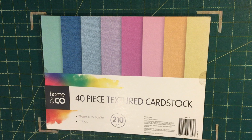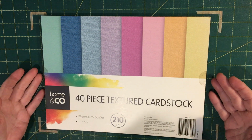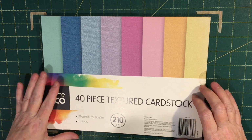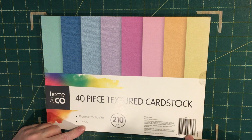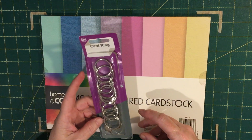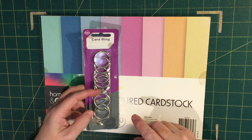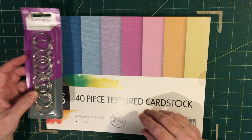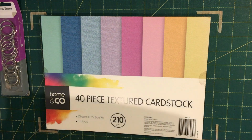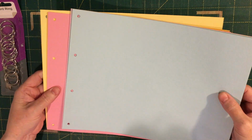Hi everyone, I've been having a hunt through my cupboards and I've found this packet of paper, there's 8 different colours. It's 210 GSM, and what I thought I'd have a go at is making a journal that's bound with rings instead of stitching it in, and I'm aiming for colourful. So I've torn out one of each of these colours,